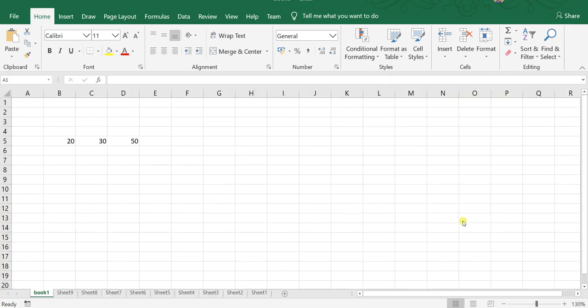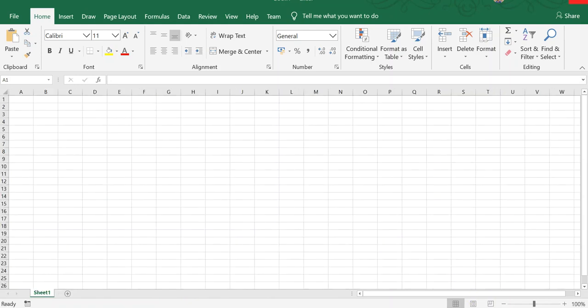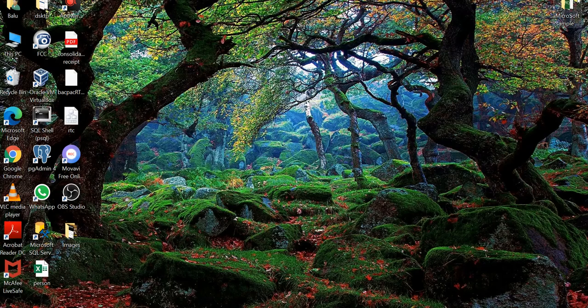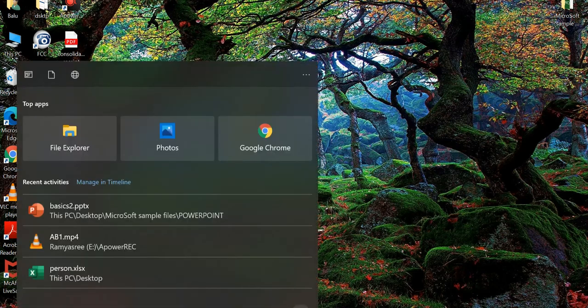Suppose your application has crashed and doesn't open, then you can open Excel in safe mode. Let me show you how you open Excel in safe mode. Let me close this first. For closing, you can just go to the right top and press close, or you can use the shortcut Alt F4. So you can use the safe mode. Just press and hold your Control key and open the application.